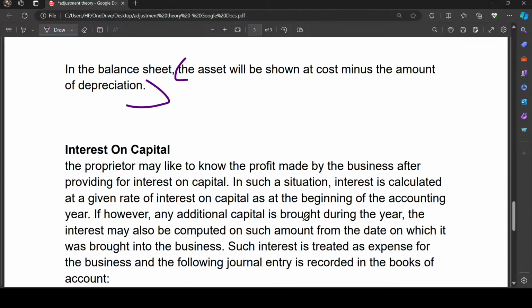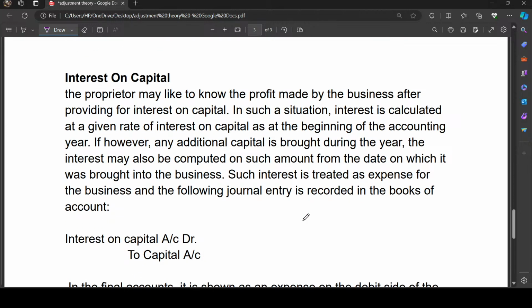And the last one is interest on capital. The basic idea of interest on capital is that a proprietor may like to know the profit made by the business after providing interest on capital. In such a situation, interest is calculated at a given rate on capital as at the beginning of the accounting year. If, however, any additional capital is brought during the year, how will it be considered? The interest may also be computed on such amount